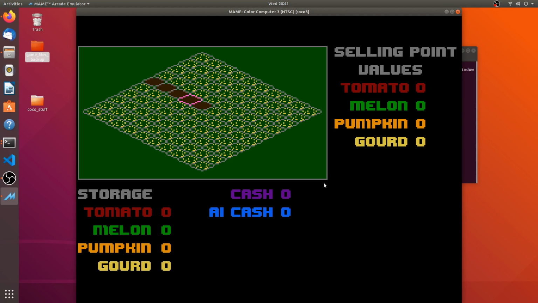Let's see if there's anything I missed. I showed you the crops being planted. I showed you how to plow from the initial game tile, and how you can plow the crops at any point if you want to. Harvesting's not working well. It's in the code right now, but